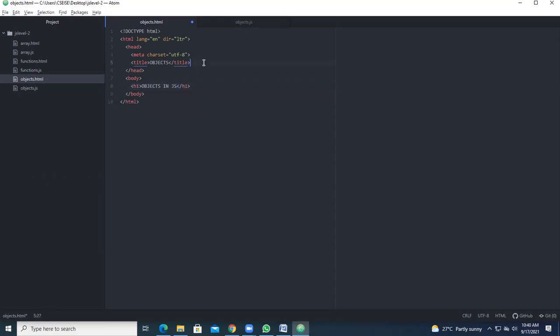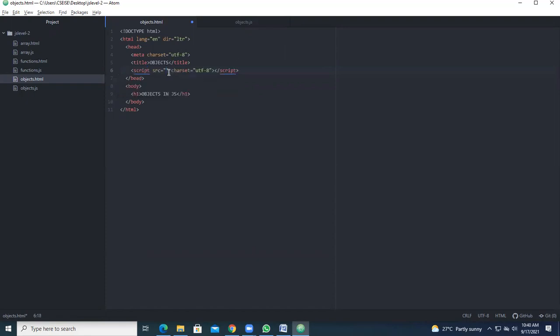Okay, so now you have to link this HTML file with a JavaScript file. For that, go to the head section. Under that you have script. There are two things: one is the script, the other one is the script source. As you are giving the source here, take it as script source.